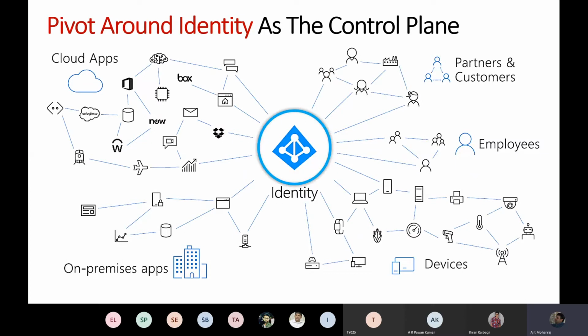A lot of people right now in the COVID time have implemented an IPsec VPN for their users to log in, and they know that's not the right way to do it, but they had no choice. But again, we're in conversations with a lot of them to transform it from a network level IPsec VPN access basis to moving towards a zero trust cloud, which is basically based on identities, right? So in this new world, the way to protect your assets, at the end of the day, is to ensure that you're pivoting around the identity of the person, because guess what? Identity is really becoming the new firewall, right? Not your perimeter firewall.